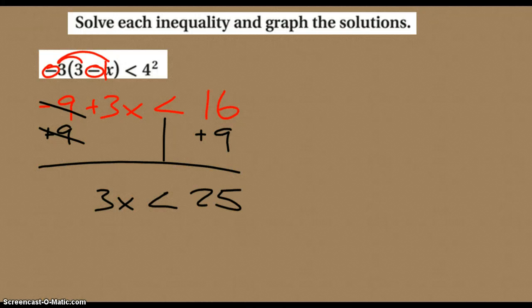So it looks like for this one, we get kind of a weird answer. We get a fraction, so we'd have to divide by 3, divide by 3. So really, you could leave this as x is less than